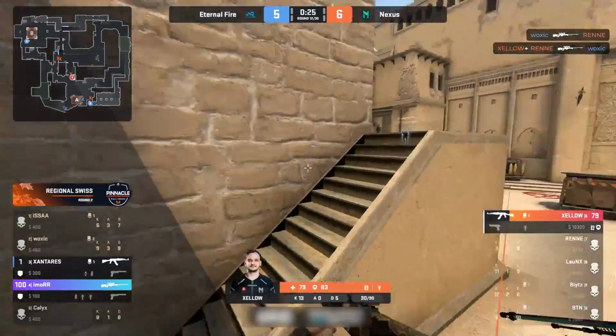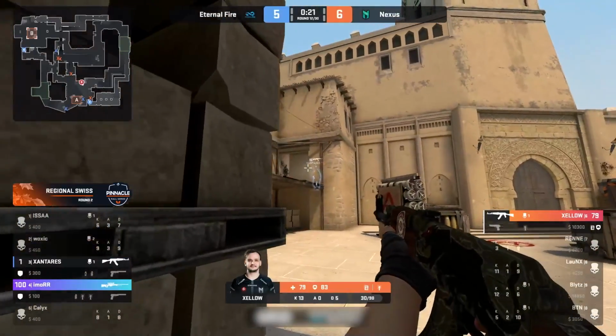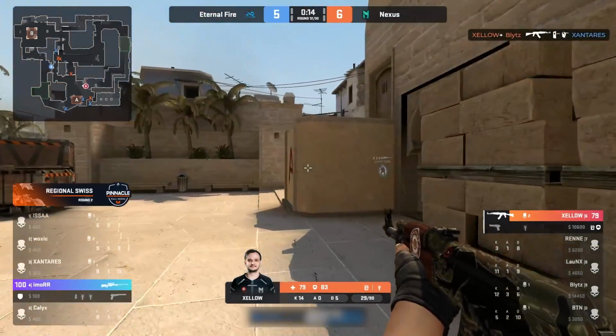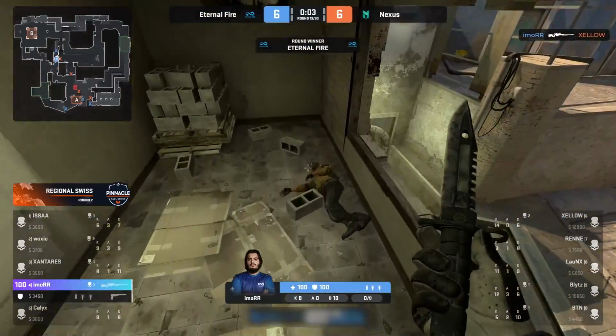Repositions. Woxic gets the kill onto Ren, but there's Xelo with the immediate trade. 1v2. Where is XANTARES? Oh, he spotted him. Xelo knows. He knows. Oh, that was so clean. It's unreal. But there's more from...